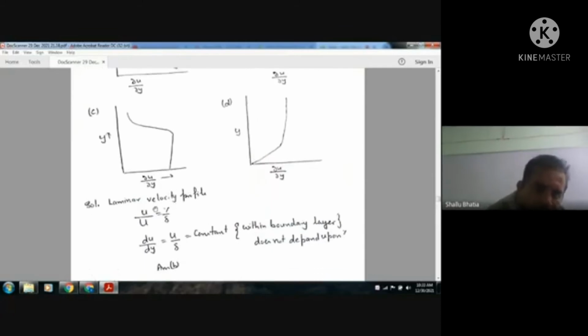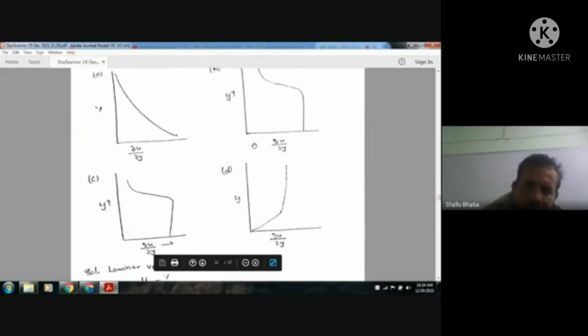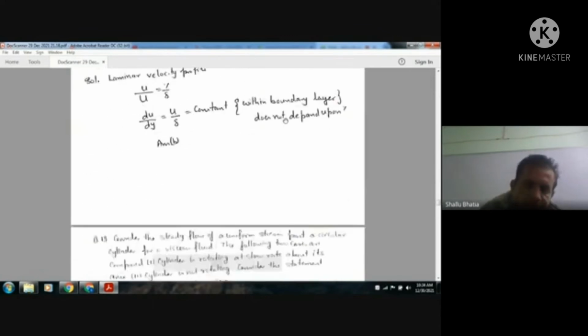The laminar velocity profile is u by U equals y by delta, so U is constant and delta is constant, so it will remain constant. So the answer will be like this. Okay, next,